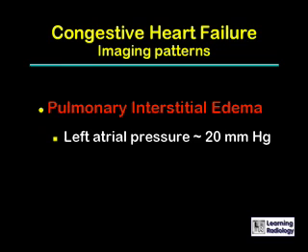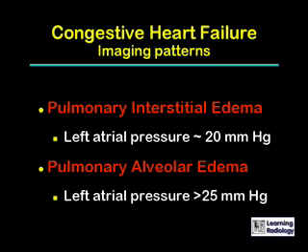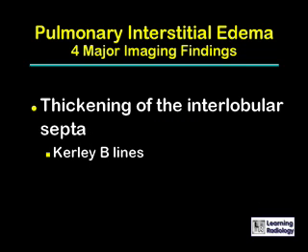There are 2 major imaging patterns for congestive heart failure. There is pulmonary interstitial edema, which generally occurs when the left atrial pressure is around 20 millimeters of mercury. And then as the fluid pours out of the interstitium into the alveoli of the lung, usually at a left atrial pressure of greater than 25 millimeters of mercury, there is pulmonary alveolar edema, which is frequently just referred to as pulmonary edema. We're going to talk about pulmonary interstitial edema, and there are 4 major imaging findings for pulmonary